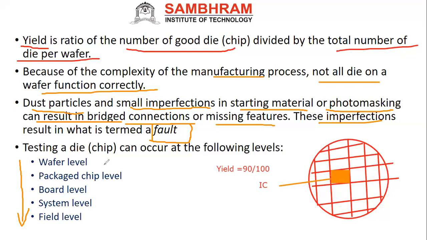Each and every level will give you different results. For example, if I do the testing at system level, what will happen? I won't get 100% accuracy. Even at board level, I won't get 100%. You get at least 99.99% accuracy when I do the transistor level testing. If you find the problem in the beginning itself, then it is very easy to correct. If you identify the problem at system level, what will happen?